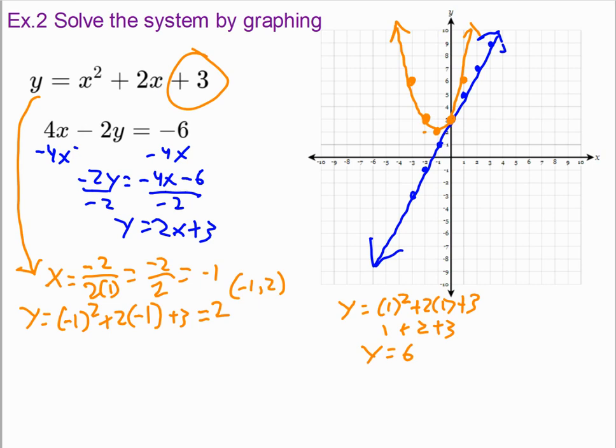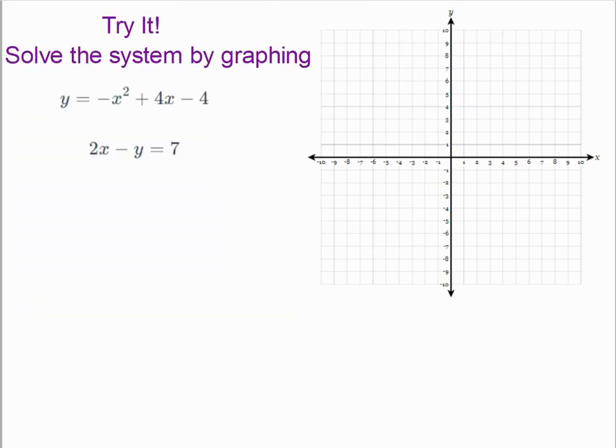So we can see this is a problem where they intersect exactly one time. My solution to this problem is just that one point where they cross, at our y-intercept of 0, 3. That's all there is to it. So I will leave you, as always, with